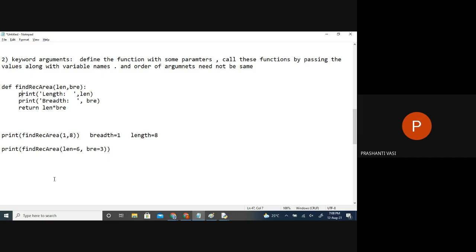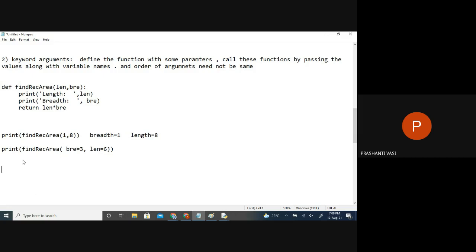So whenever you have to pass the arguments, if you know how many arguments you have to pass, you can pass whatever you require in whichever order you like. You can pass it like this with keywords. So whatever they are expecting, you should be clear about the variable names. If it requires a length and a breadth, you pass whatever you like in whichever order along with the keyword. Whatever keywords were used as input parameters, you use them while calling here. So now order is not important, right?